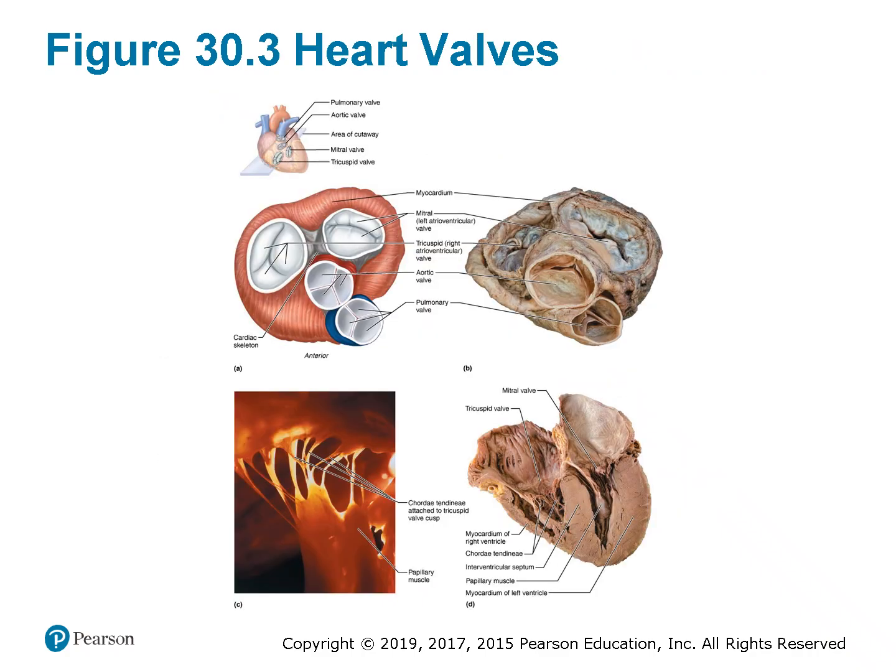To maintain this one-way flow of blood, the heart is equipped with four valves, two atrioventricular and two semilunar. The right atrioventricular, or tricuspid valve, prevents backflow from the right ventricle to the right atrium, while the left atrioventricular, or mitral valve, serves the same function on the left side. The pulmonary and aortic semilunar valves ensure that blood ejected into the arteries does not return to the ventricles during relaxation. Each valve opens and closes in response to pressure differences, providing the rhythmic flow essential to cardiac efficiency and